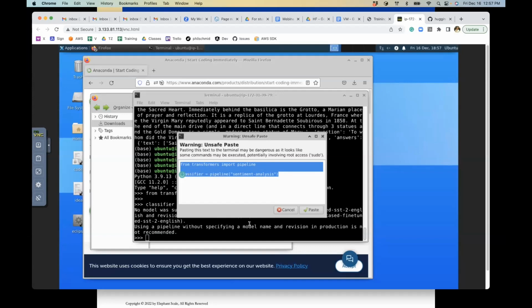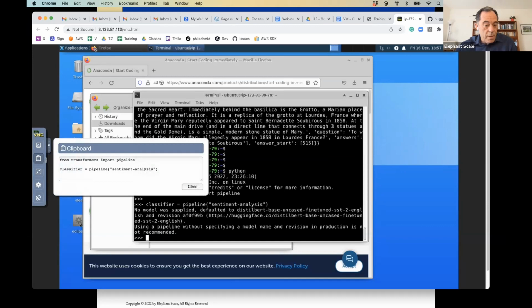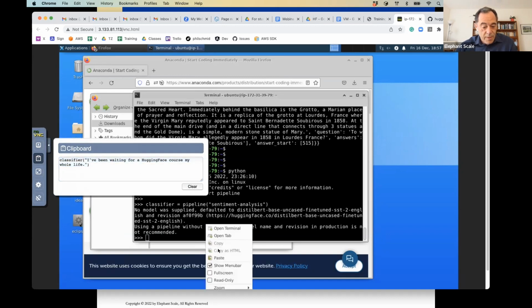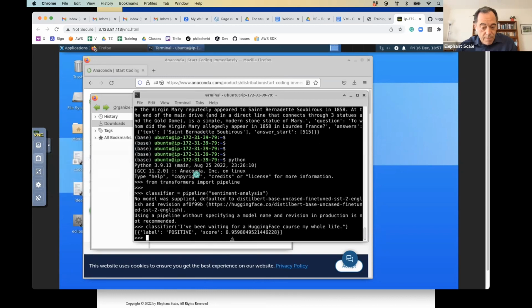I'm wondering if we'll get the same score or how much different the score will be. Yeah, it's good to start with a small step. What if we just change the order of words? Yeah, just put my whole life I've been waiting for a Hugging Face course. Same sentiment, and I just want to see what happens.